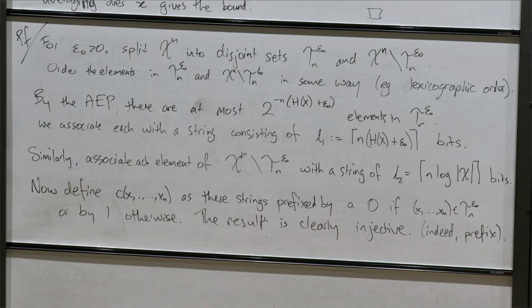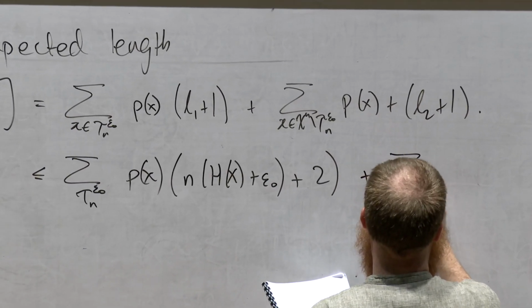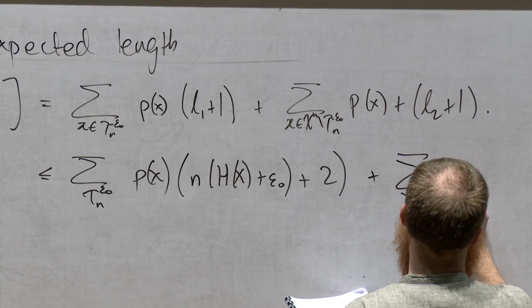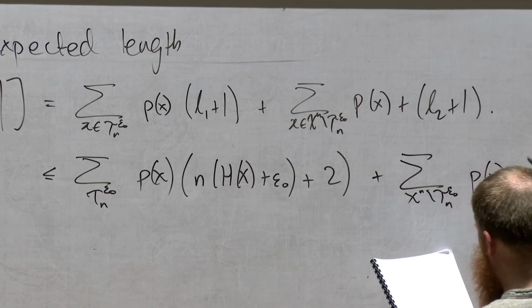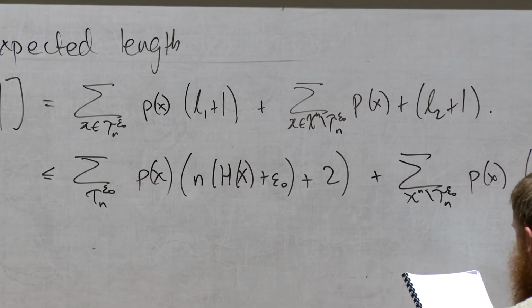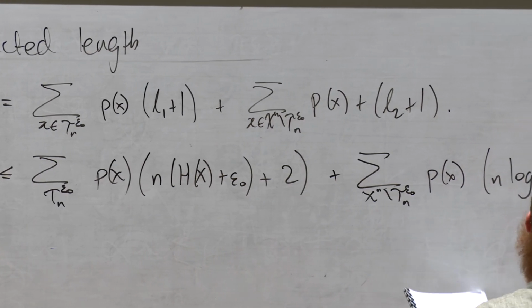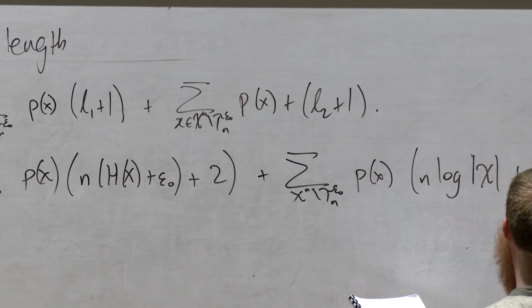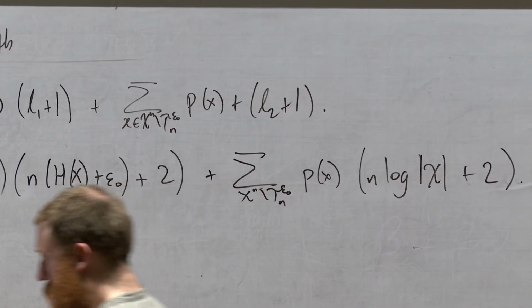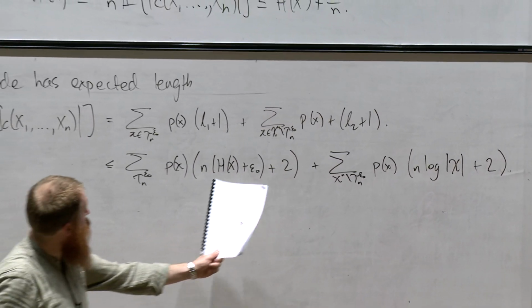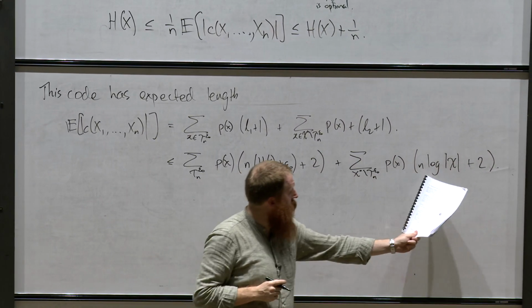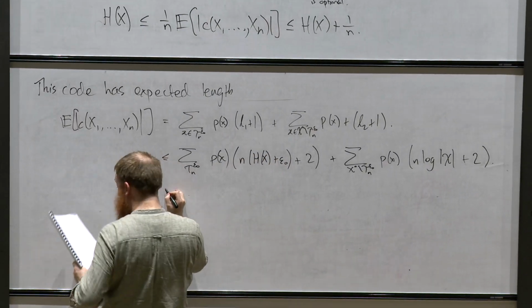Plus the sum over the atypical code words of p(x) times n log size of X, again, plus 2. All these terms are the same. So this is equal to